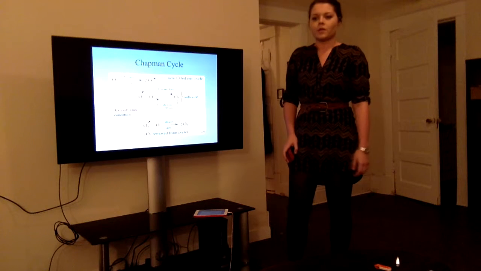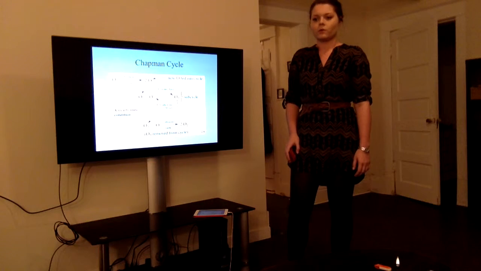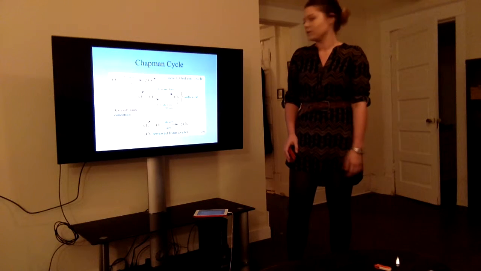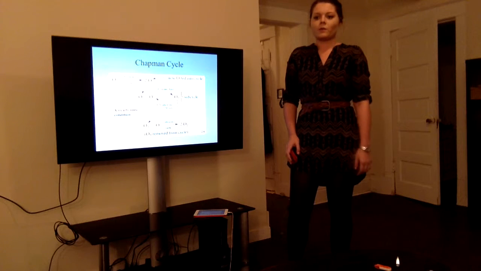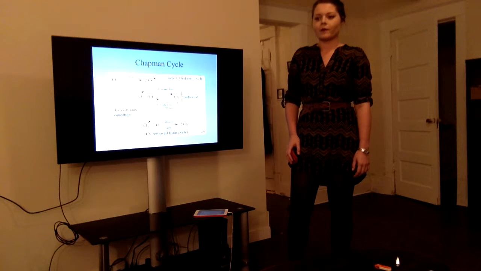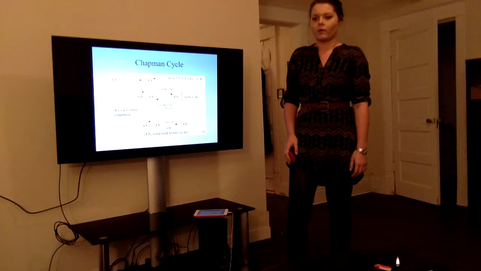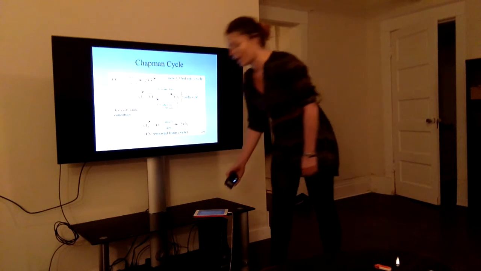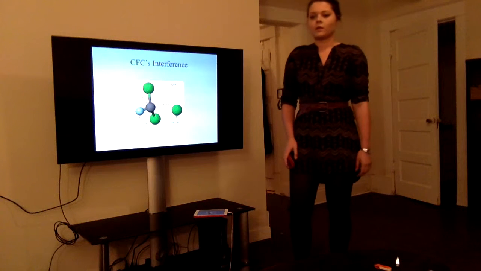The final step in the Chapman cycle is that an ozone and a free radical O can bond, resulting in 2 O2 molecules, and this is a closed cycle. This would be a perfect model of the cycle. However, investigations in the ozone hole above Antarctica, beginning in the 1980s, have shown that other atoms can interfere with